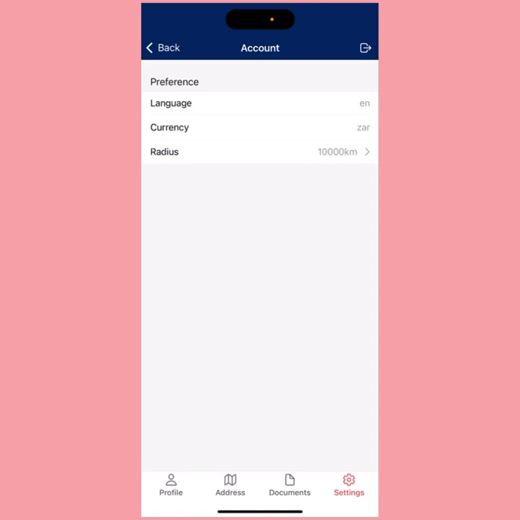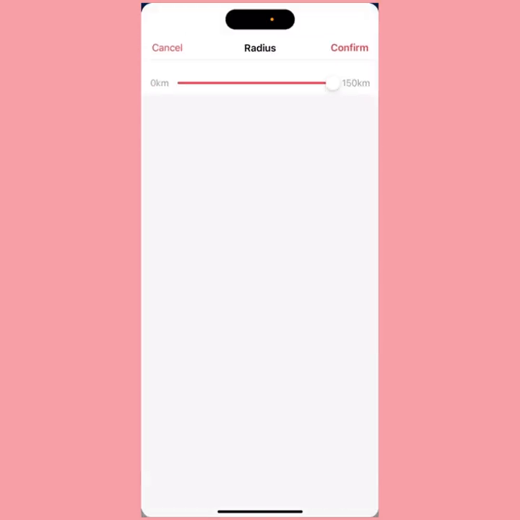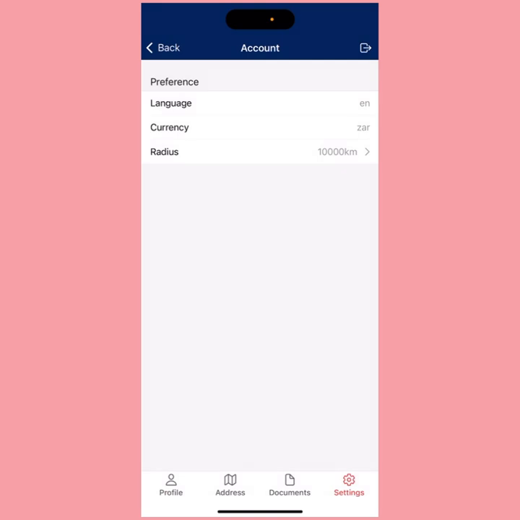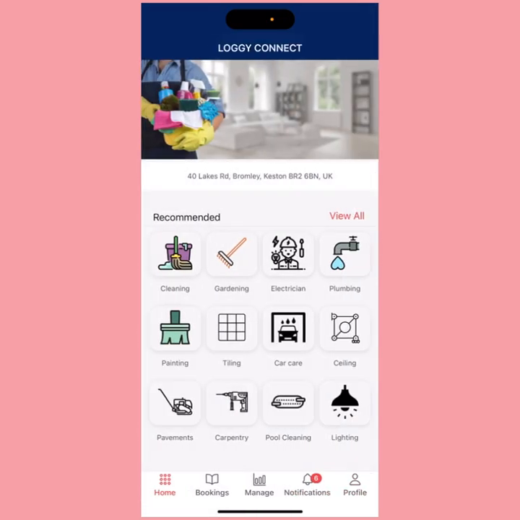And the settings, it's basically the radius within which you want people to identify you. Is it 150 radius? Are you willing to go 350 or more, or 10? How far are you willing to travel to provide your services? That radius allows you to select that. Okay, back to the profile, and then boom, you are done creating your